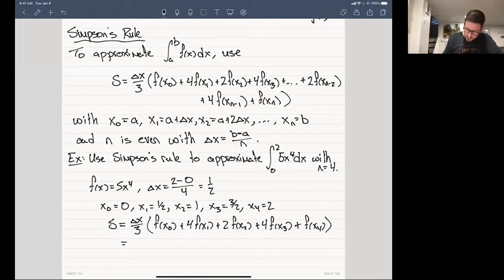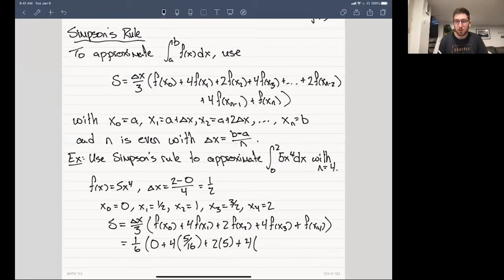Let's start filling things in. So 1/2 divided by 3, that's 1/6. F of 0 is 0, plus 4 times (1/2) to the 4, that's 1/16, times 5. We have 5 over 16, plus 2, and now 1 to the power of 4 is 1, so times 5 is 5, plus 4, and in this case, we get 3 over 2 to the power of 4, and then multiply that by 5. You might have to get your calculator out, but I can tell you that's 405 over